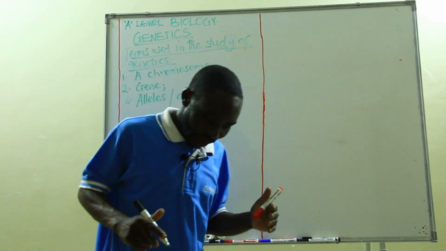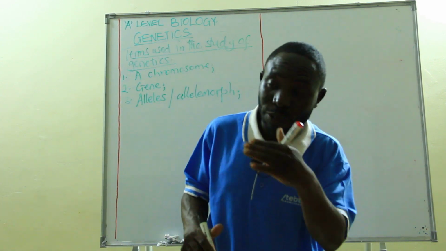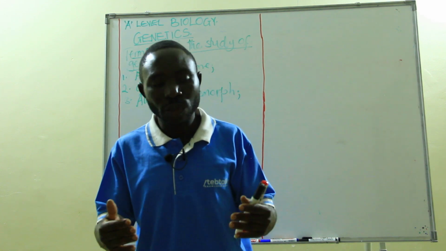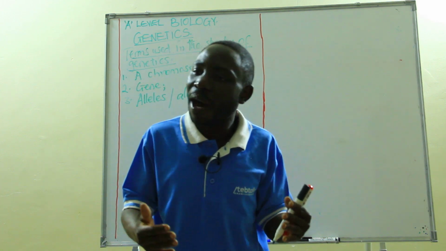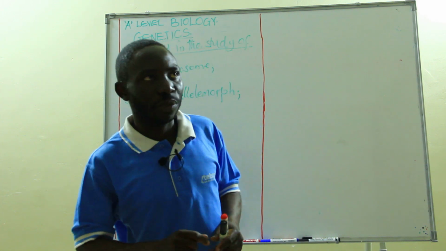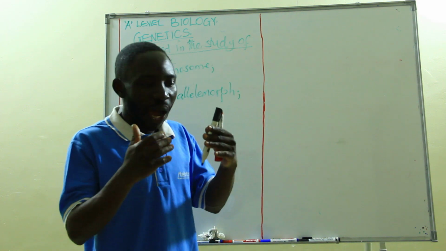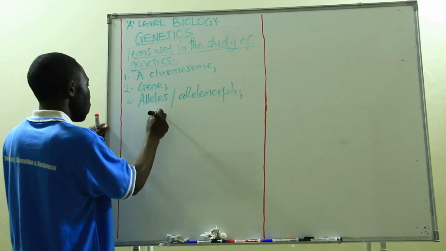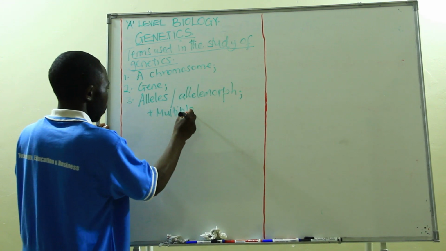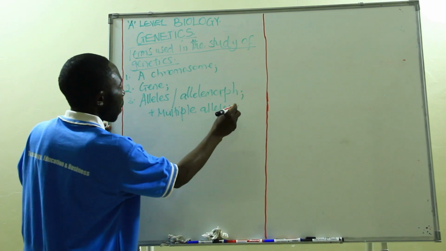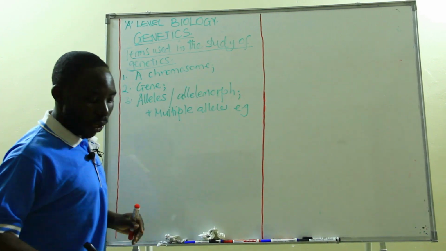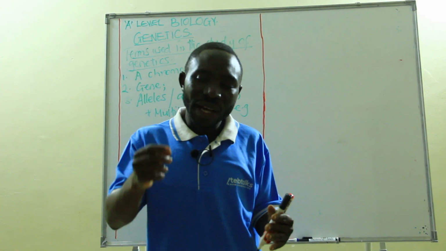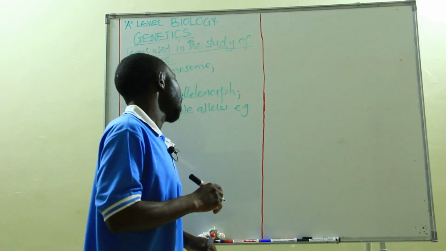Most of the genes are determined by 2 alleles. That is one pair of genes. However, some characters or traits are determined by more than 2 alleles. And so, such alleles are called multiple alleles. For example, the gene which determines blood groups consists of 3 alleles: